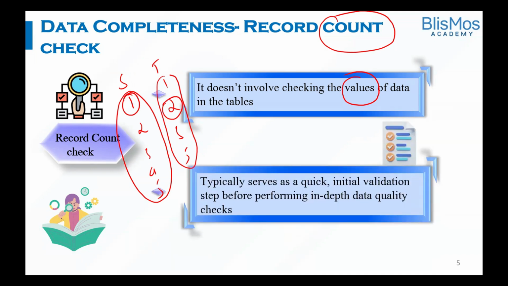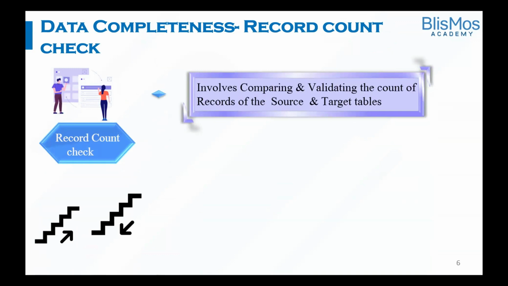So when you are doing the record count check, it is an initial validation. We are not really looking for in-depth data quality checks. That is the reason a record count check will be done as a first step. As I already indicated, a record count check involves comparing and validating the count of records of the source and